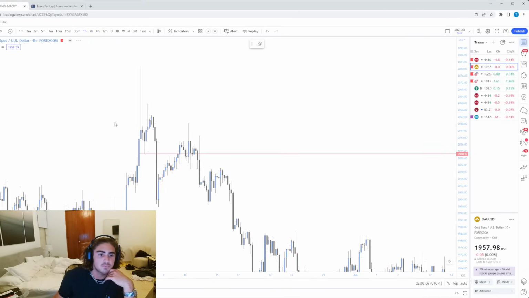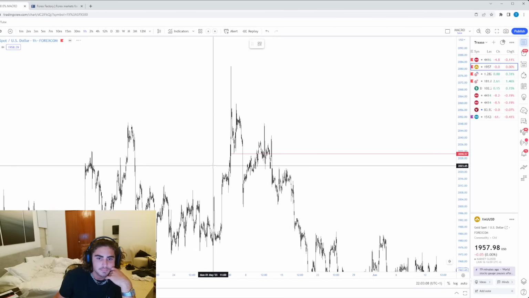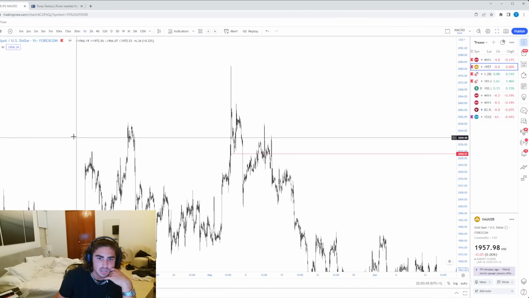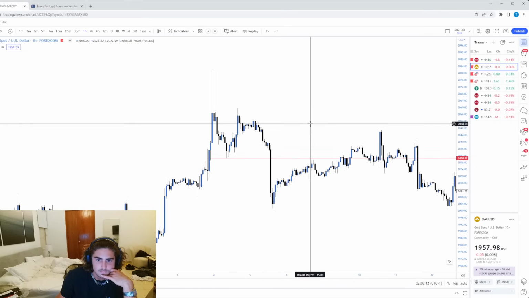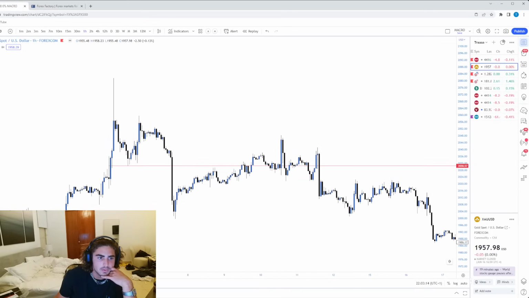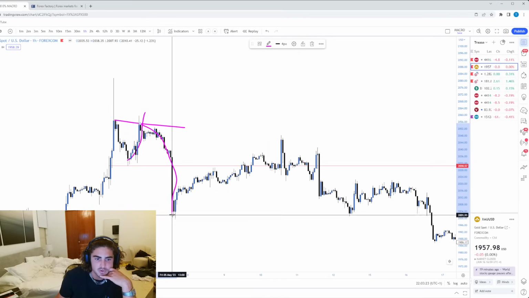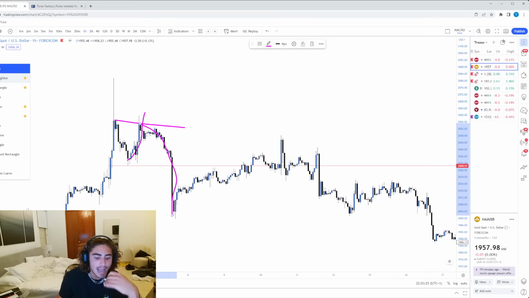So if we go into the 1 hour, over here, we're talking about this one. This is the move up. This move up, this liquidity sweep, we took out these highs. That's what caused this move down. Okay, so when we're highlighting it,